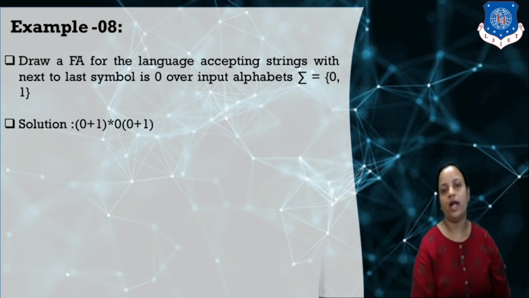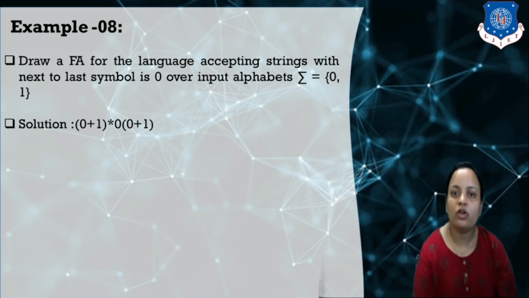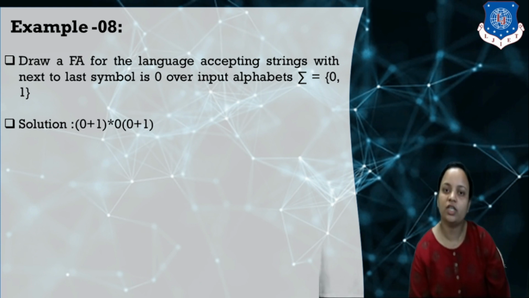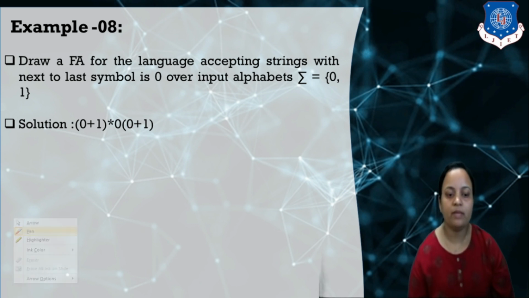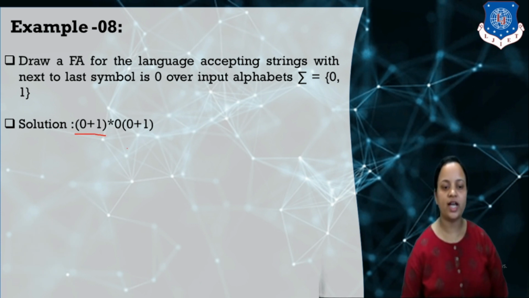So how can we draw the DFA for this kind of example? As we already discussed, first of all you have to consider the minimum length, and using the minimum length we can draw the basic structure of the DFA. So what is the minimum length? Here the star term is repeated. Always remember, the star term we repeat 0 times, which means we replace it with the null string. Now this is compulsory, so the string must contain 0.